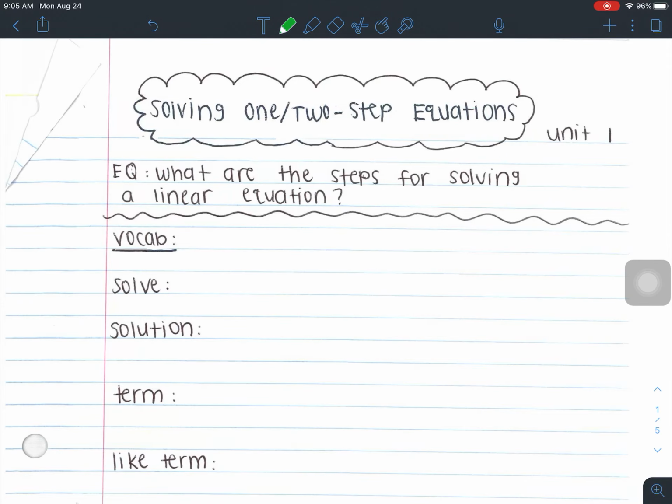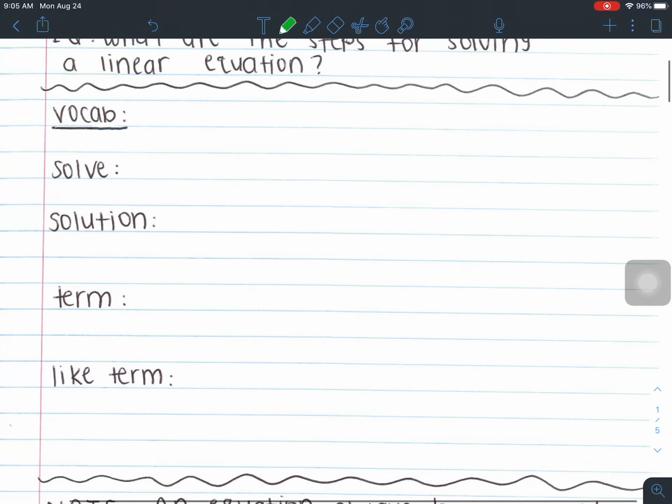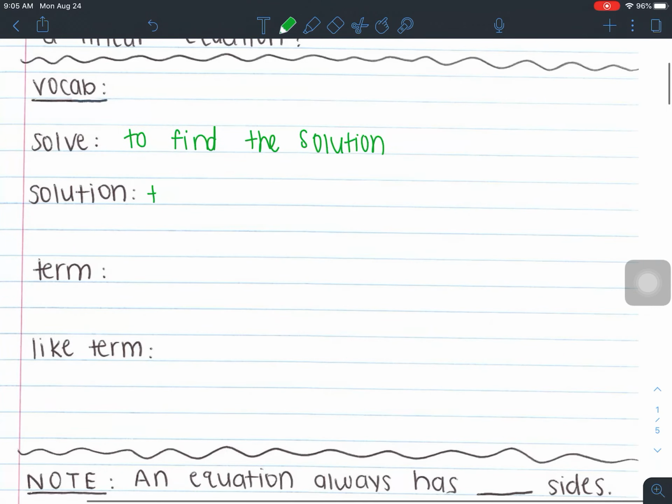So we're going to go over some vocabulary. And the first thing I'm going to go over is solve. So what does it mean to solve something? Well, to solve something is to find the solution. If I ask you to solve a problem, I want you to find the solution to the problem. So what's the solution? Well, most of the time you'll say, well, it's the answer to the problem. Well, what does that mean? Well, the solution is the value